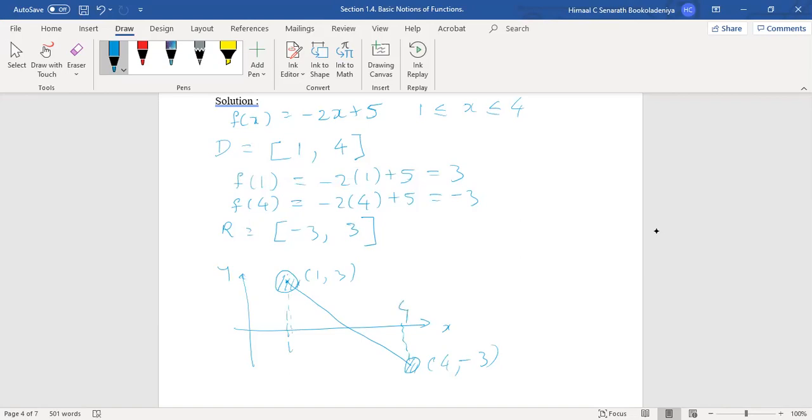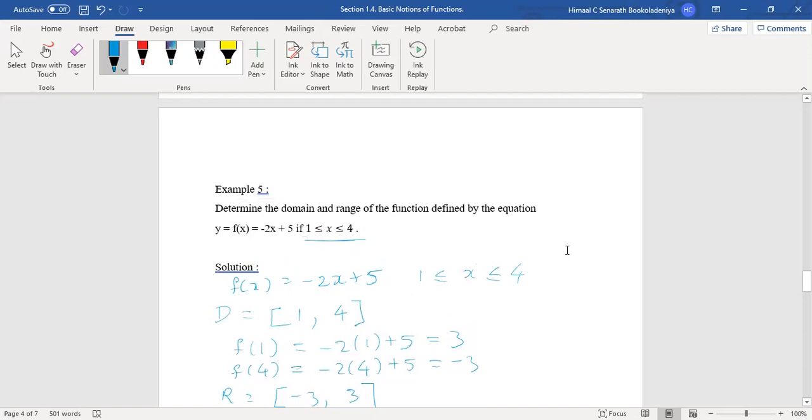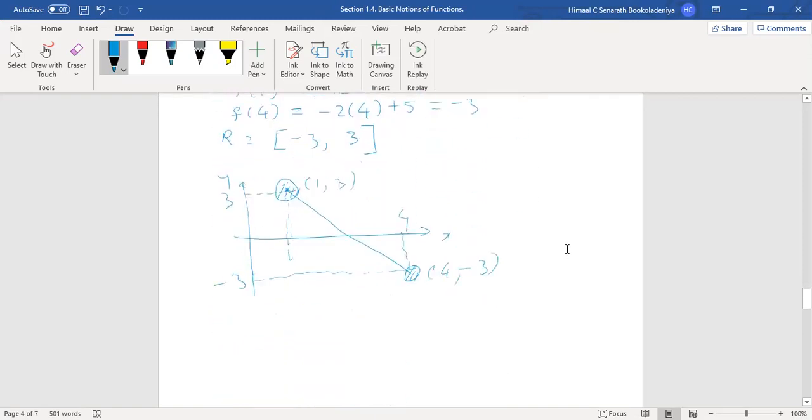So it is 1 to 4. The smallest y value, on the other hand, is negative 3 and the largest y value is positive 3. So therefore, the range is negative 3 to 3. All right. Okay, that's it